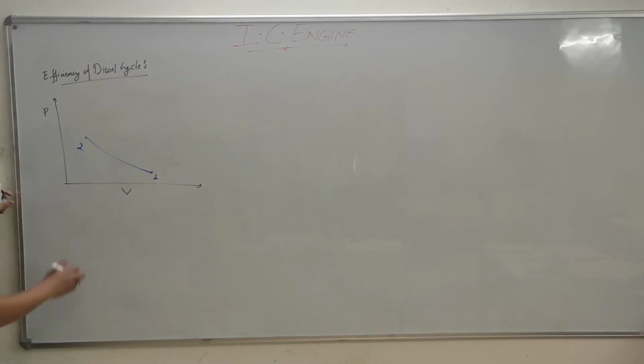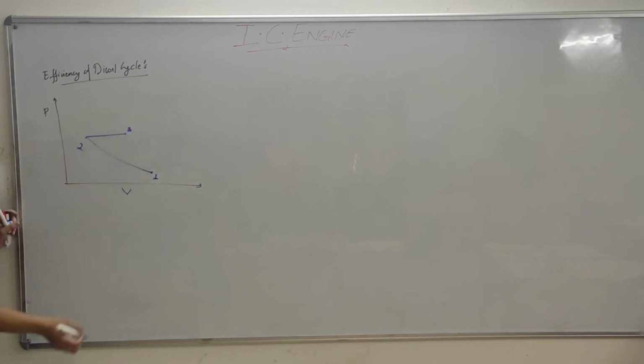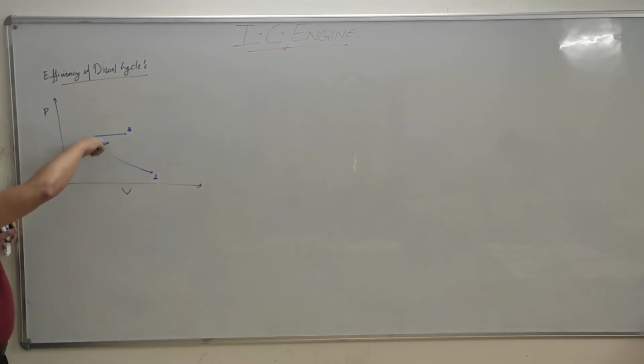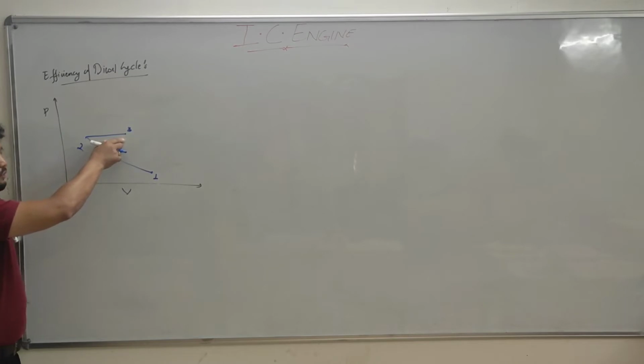Now from there on, self-ignition of the charge inside the diesel engine will take place, which again increases the temperature and entropy of the system. Now this heat addition takes place at constant pressure. After getting the maximum amount of heat into the system, now what will happen?